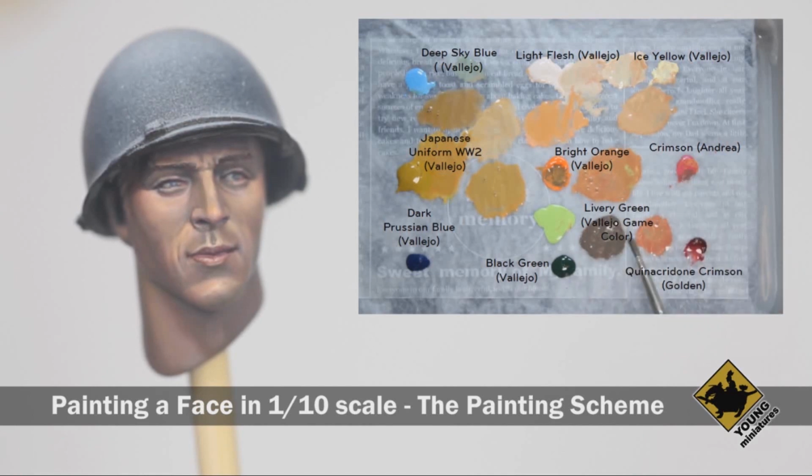We got a very dark grayish brown here, which is actually very suitable for a cool tone. And now adding the black green to the quinacridone crimson, we can even add a darker cool tone in there. So some of the cool colors can be subordinated into the shadows, right? So again, I'm going to combine